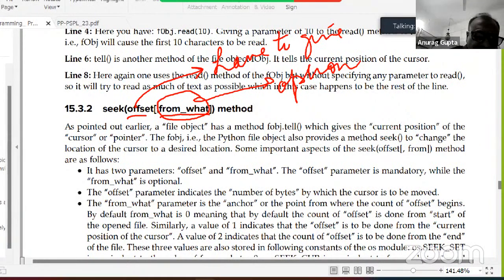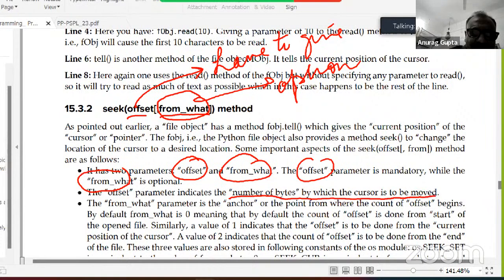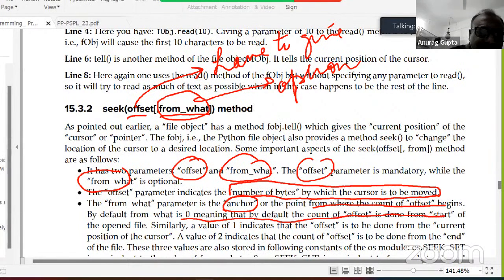The offset parameter is mandatory, while from what is optional. Offset indicates the number of bytes by which the cursor is to be moved, and from what is the anchor, that means from where. So you move how much and from where, the point from where the count of the offset begins. By default, it is 0, meaning that the offset is done from the start of the opened file.